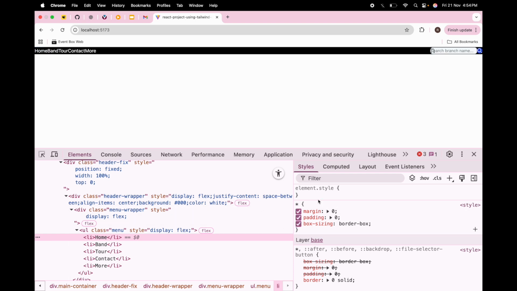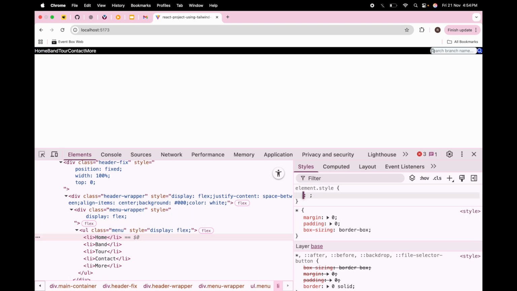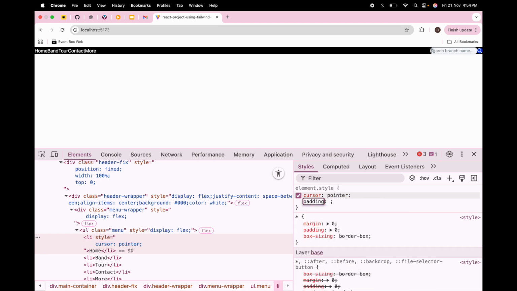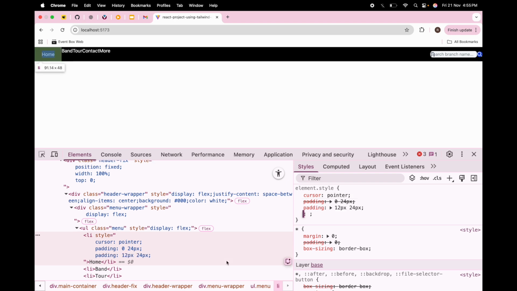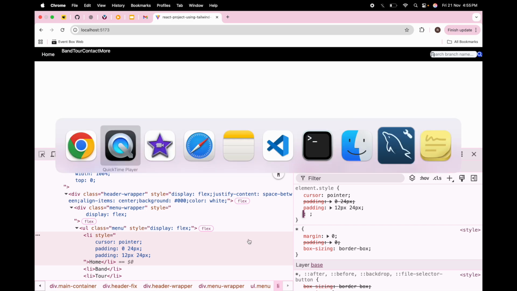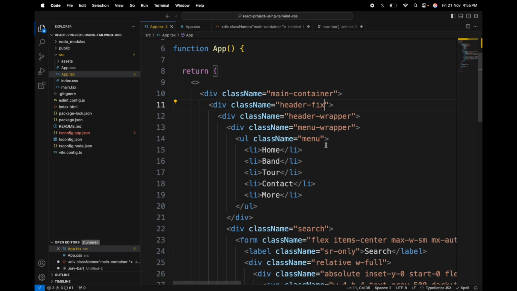Now I can design the li. So on li I will apply cursor pointer, padding left right 24 px. Now I will find similar classes in Tailwind CSS and then write them down on the HTML element. So in header